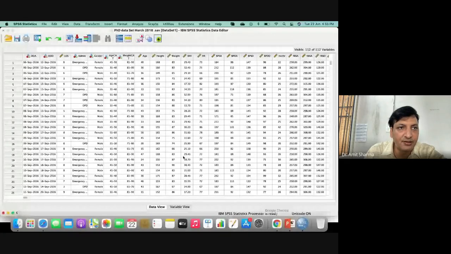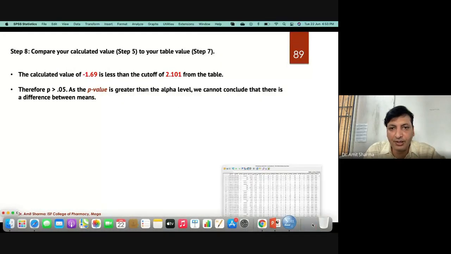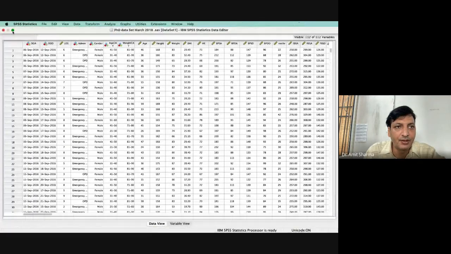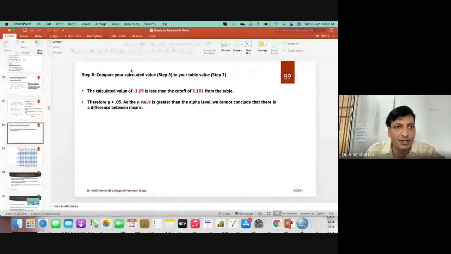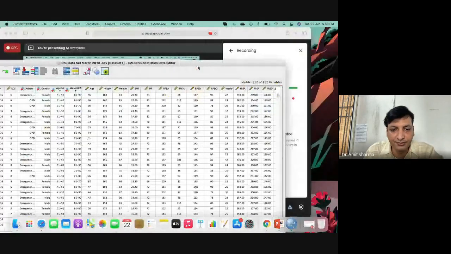Let me check where the output window is. Just wait, we have an output sheet of SPSS. It is behind. I have to look for where it is.